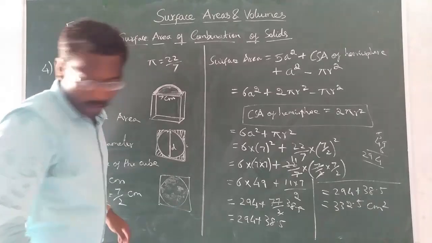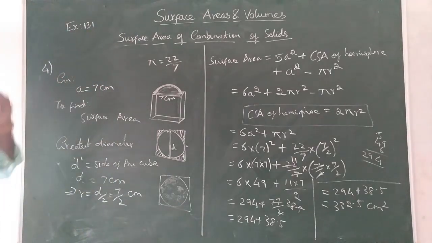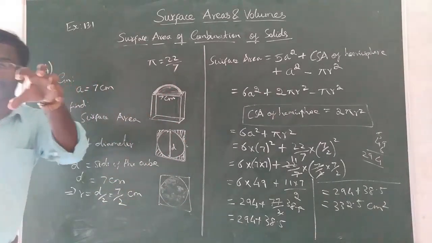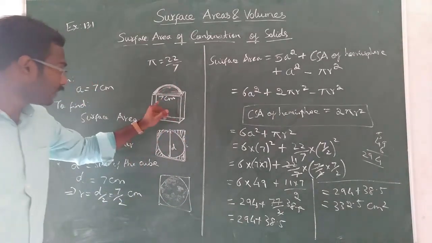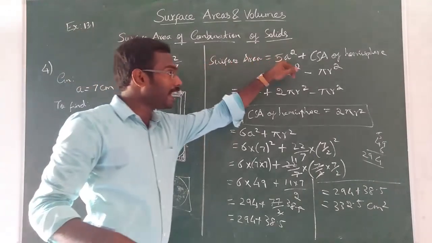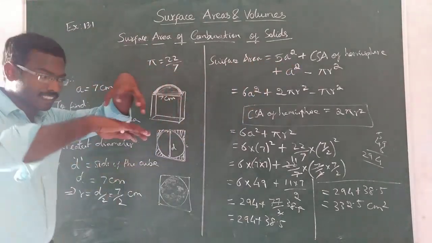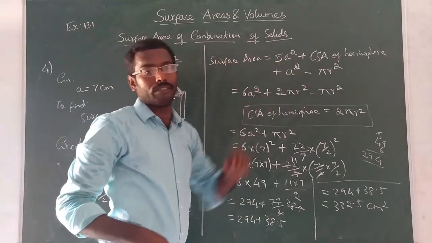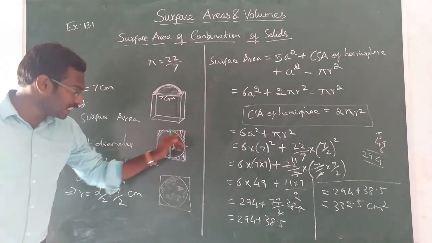Then we have to find the surface area. So this is a cube. A cube has 6 sides, but on one side, what is attached? A hemisphere is attached. So first we took the 5 sides. The area of 5 sides is 5a square. Then a hemisphere is attached, with a circle hidden inside, so we only took the curved surface area. Then the remaining edges we need to calculate.